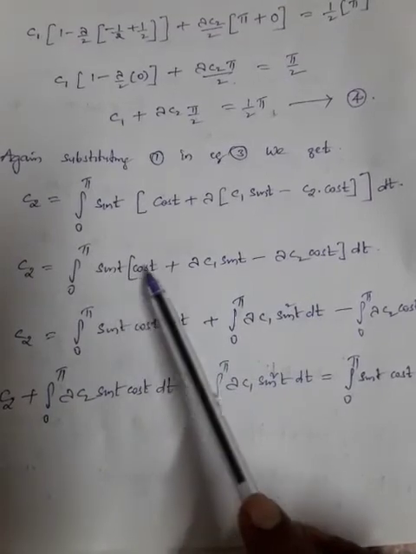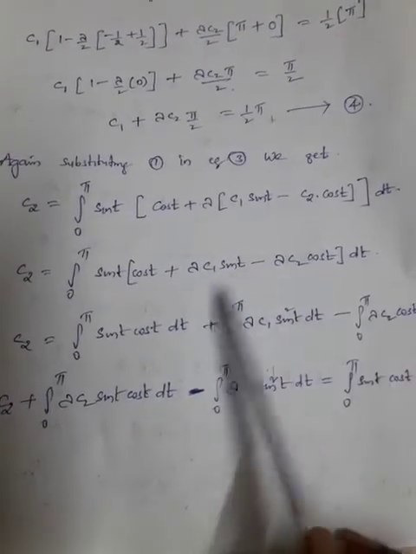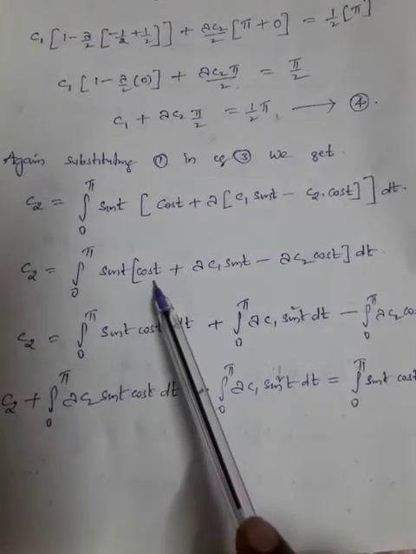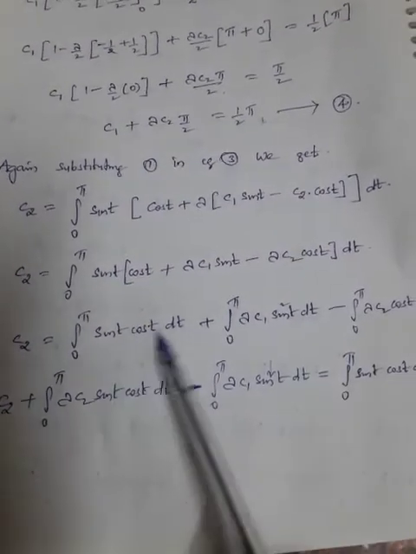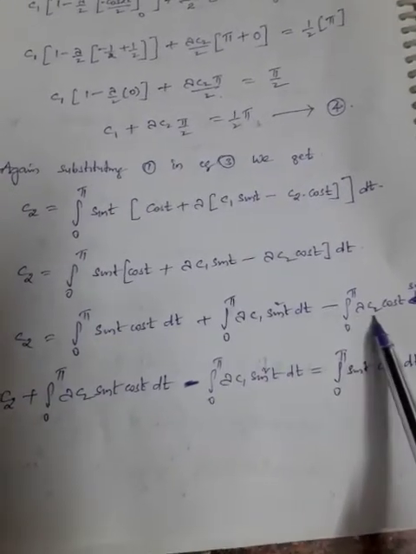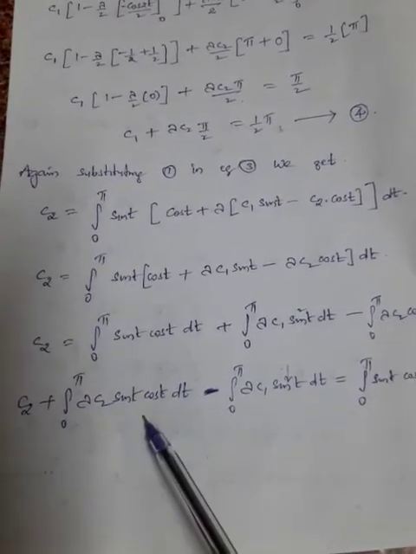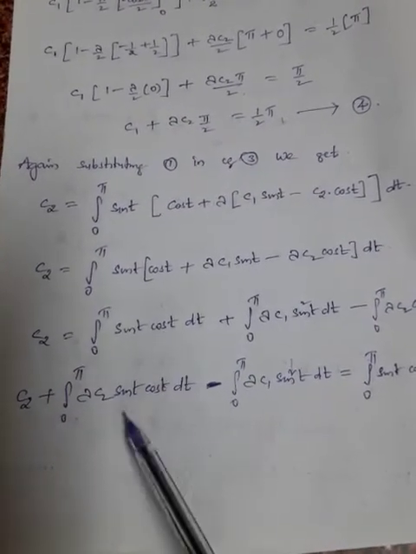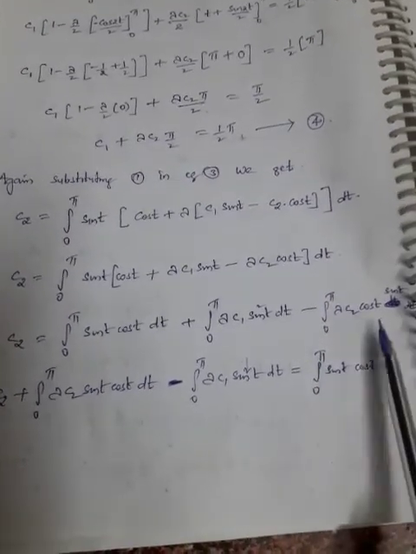Now this is sin t cos t plus lambda c1 sin t and lambda. So the same thing we have multiplied. We have multiplied sin inside, every term. So sin t cos t, lambda c1 sin square t dt, lambda c2 sin t cos t dt. And c2, I have taken c1 to this side, c2 to this side. So again if I take this one, this will be like this, and this one will be in the form of like this.